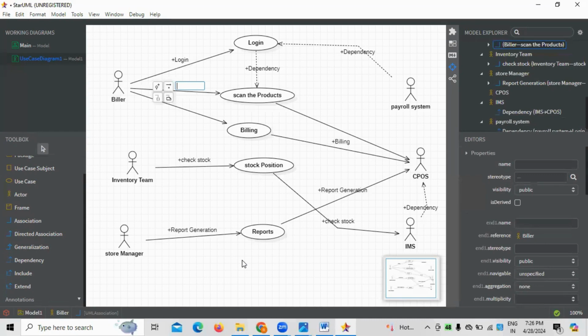Now I'm talking about the sequence diagram. For example, login, or else scan the products. Now, for example, for one sequence, 1, 2, 3, 4, 5, five sequences are required, and I'm creating one. Which one do you want me to use? Check the stock position. We do the stock position. Okay, model, add diagram,